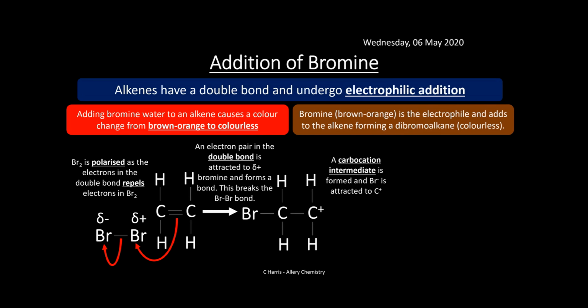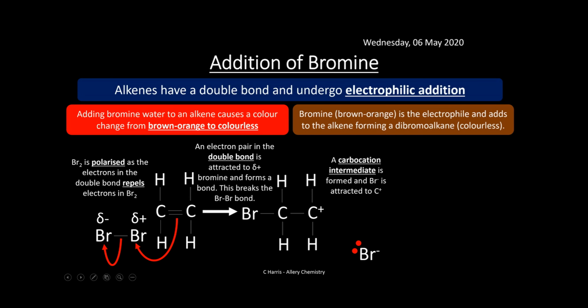So we're going to form an intermediate, and this is a carbocation intermediate. So you can see our bromine has been added on here. So the double bond is now broken. The bromine's added on, but we have a carbon with a positive charge, so it's a carbocation. We have a Br minus, because it was this bit here that was broken off. We have a Br minus ion